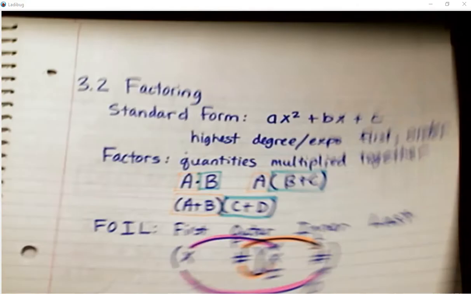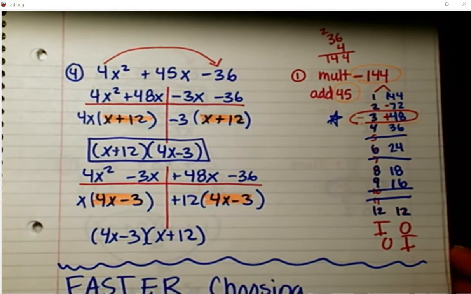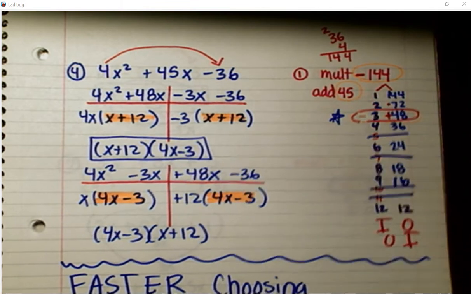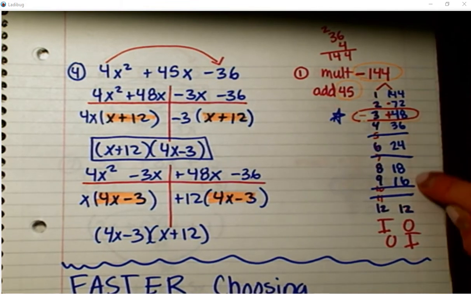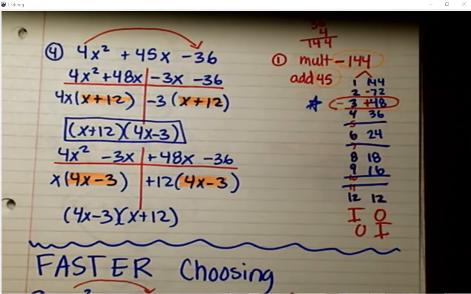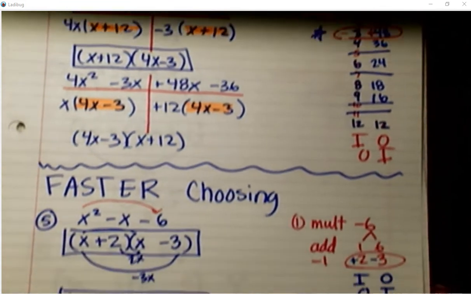So we kept going, and you're like, oh, sometimes that list gets really long. Now, if your numbers don't show up on the list, we say it does not factor. That's one way to figure out that something might be prime. Prime means does not factor. Now, the second thing that we looked at to try to avoid all of the grouping work was